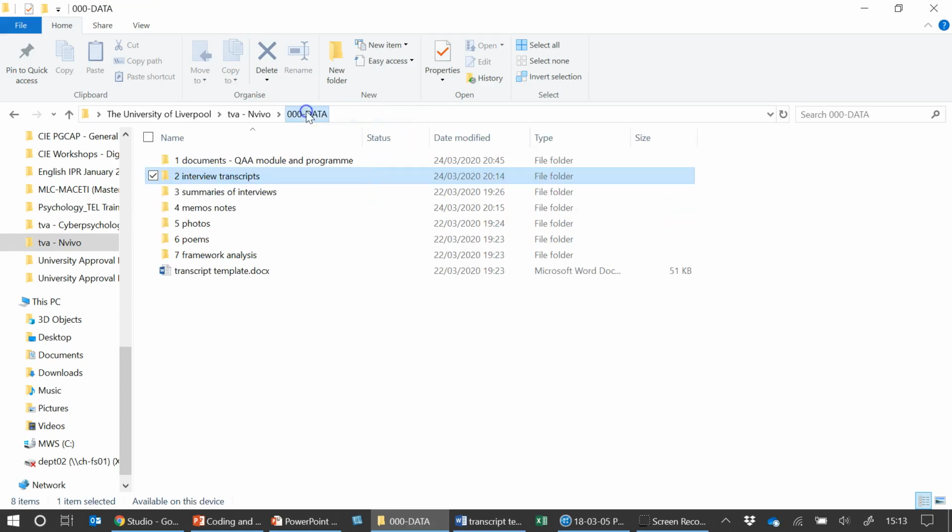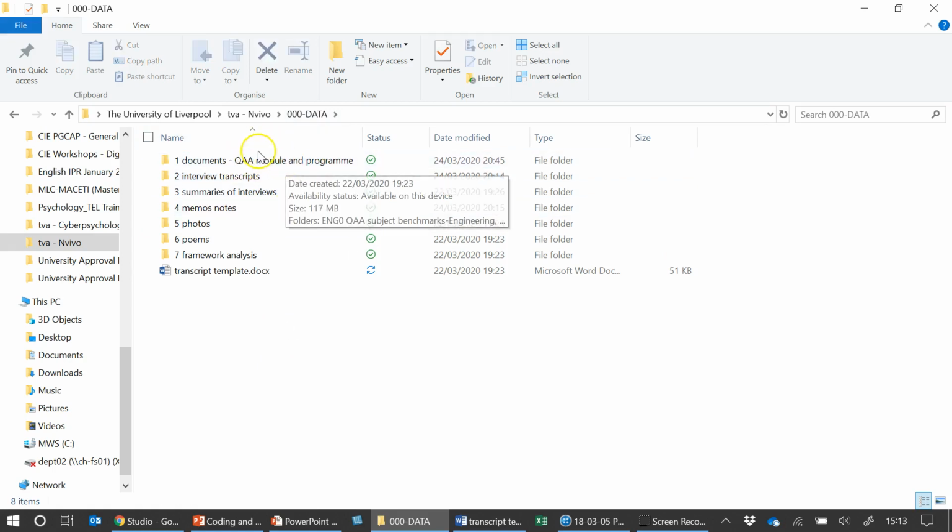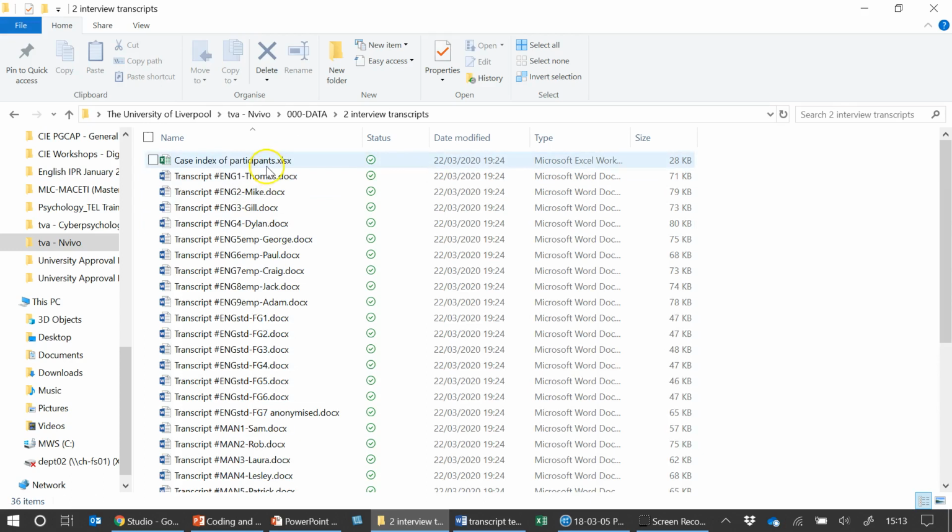So just to show you how I organized my data folder, this is my data folder. I had all my documentary resources in this folder, and my transcripts in another. So for instance, just to show you again, the other thing that was very important to work out was what unique identifiers to use and how I would identify the files and the participants. And this was a really tricky decision to make,